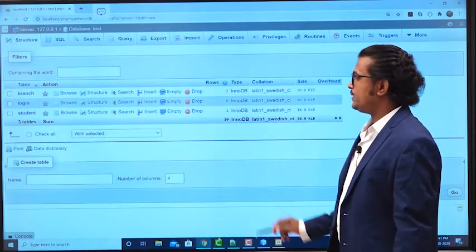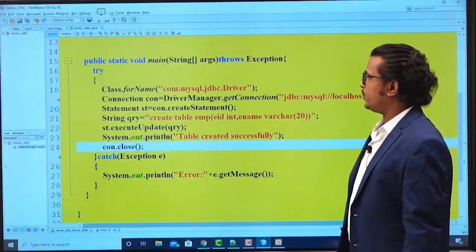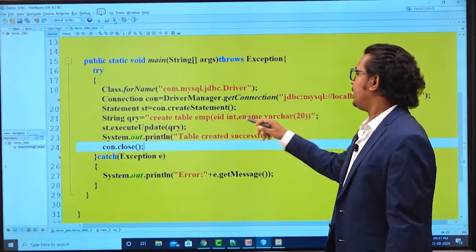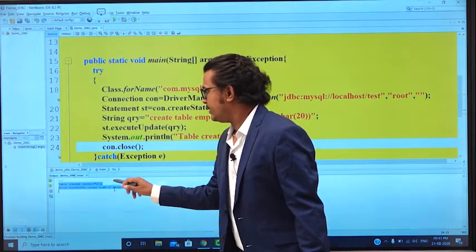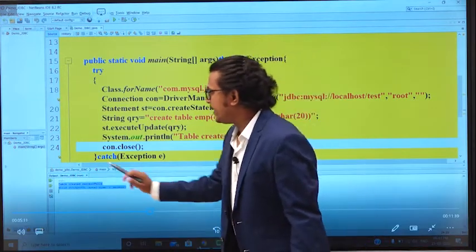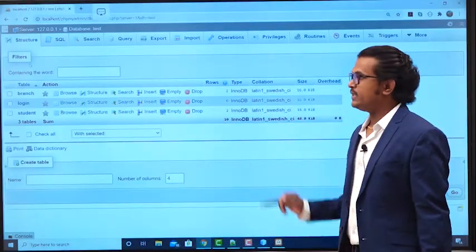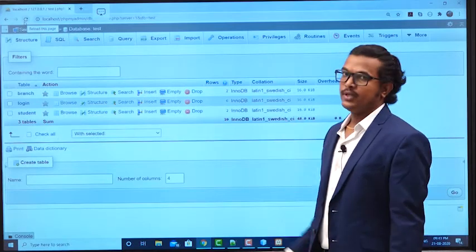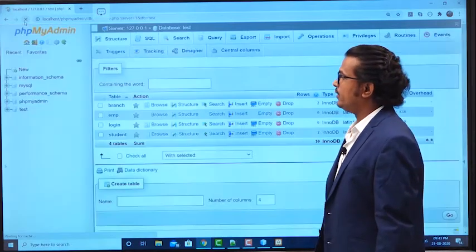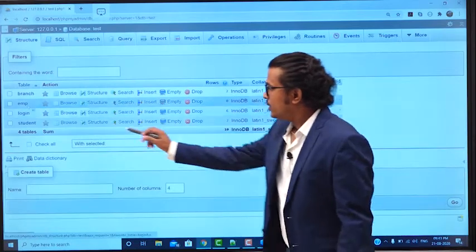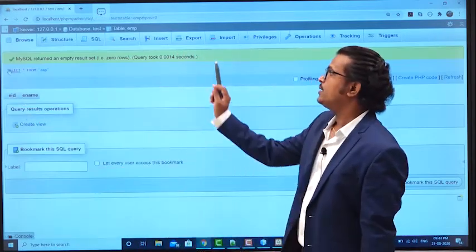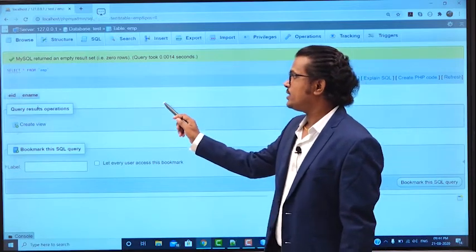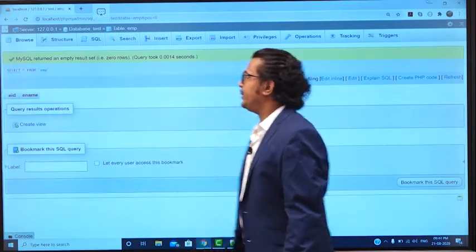So what I am doing here is executing that particular query, create table name emp. My table is created successfully. See, it is not returning any information. Clear? It just returns how many rows are affected, and that information is returned with the help of the execute query. So the employee table is created. There is no information available, that's why it shows an empty table.